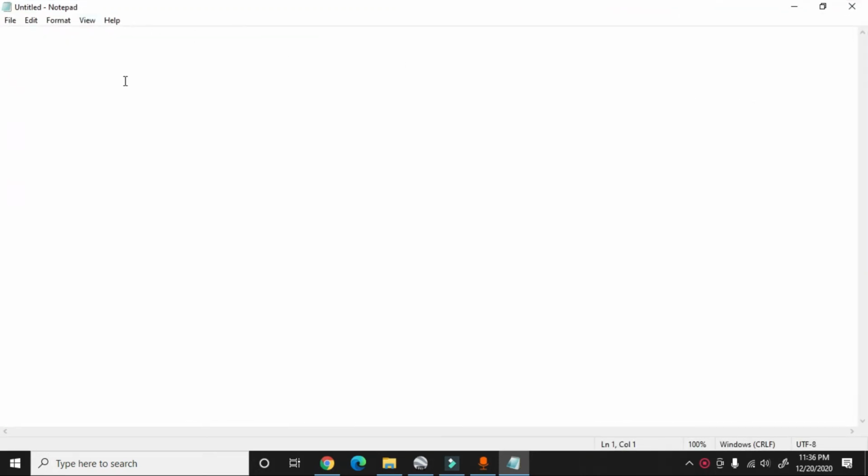So let us start writing the HTML code. First we have to write html. Since HTML codes are not case sensitive, we can write tags either in capital letters or in small letters. Since html is a container tag, as we have opened html, in the same way we have to close it.